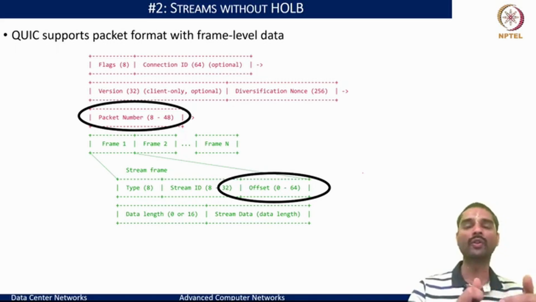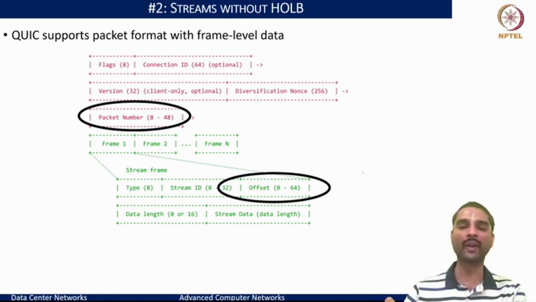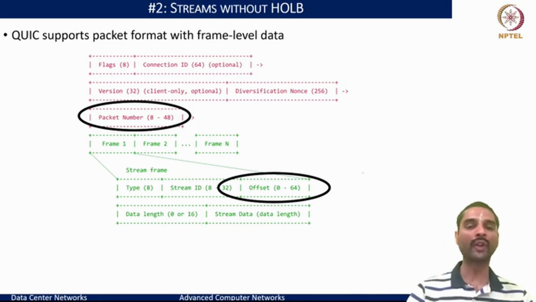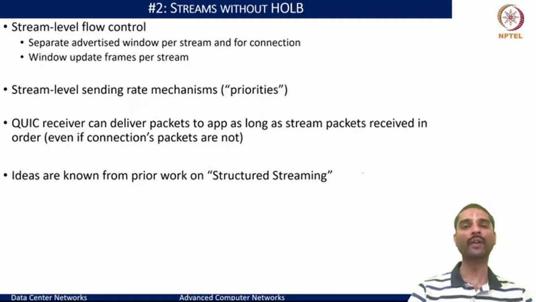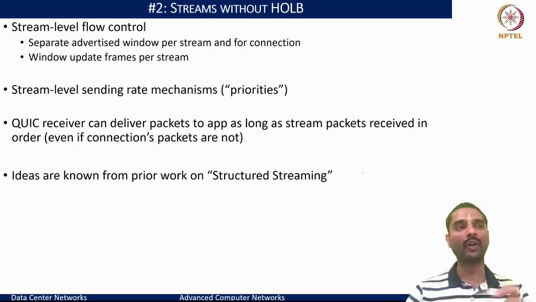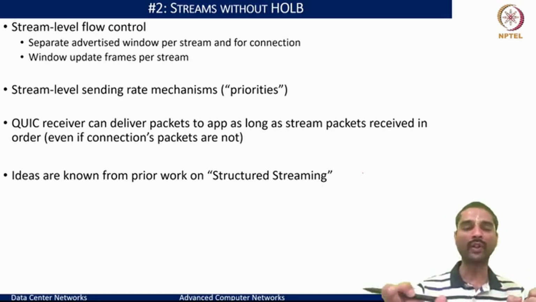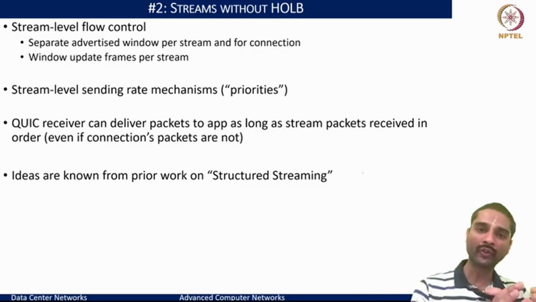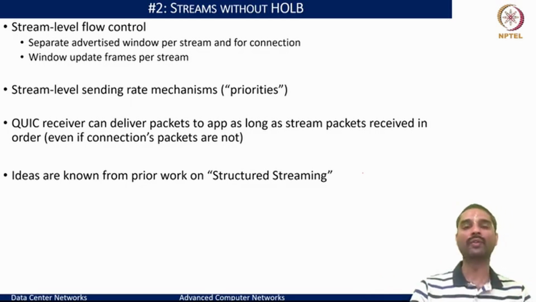And now we can ensure that applications look for and match on the offsets to build a stream of sequenced bytes for a given frame. So that way we can multiplex multiple objects within the same connection. And this means that streams will not encounter head of the line blocking, as we have a separate advertised window per stream for each of the connections, because the number that we are seeing for the frame offsets is the sequence of data for each stream.